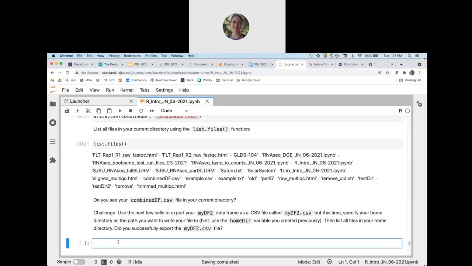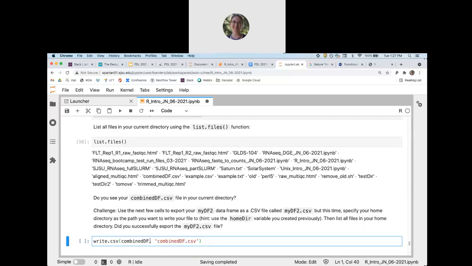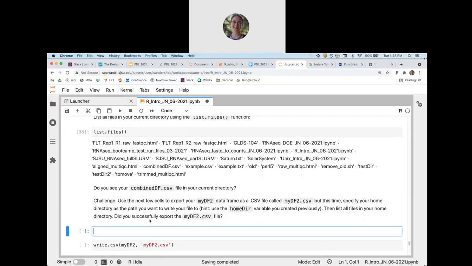So what I mean by that is we can start out with our write.csv command here, but instead of writing out combined df, we're writing out mydf2, and we're writing it out to a file called mydf2.csv, but we want to specify an explicit path using a variable that we created previously. So let's just remember what's in this variable. The home dir variable points to,